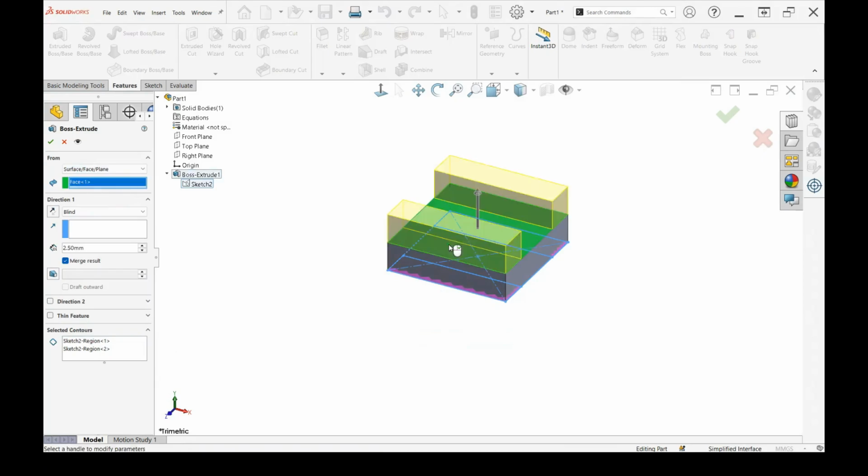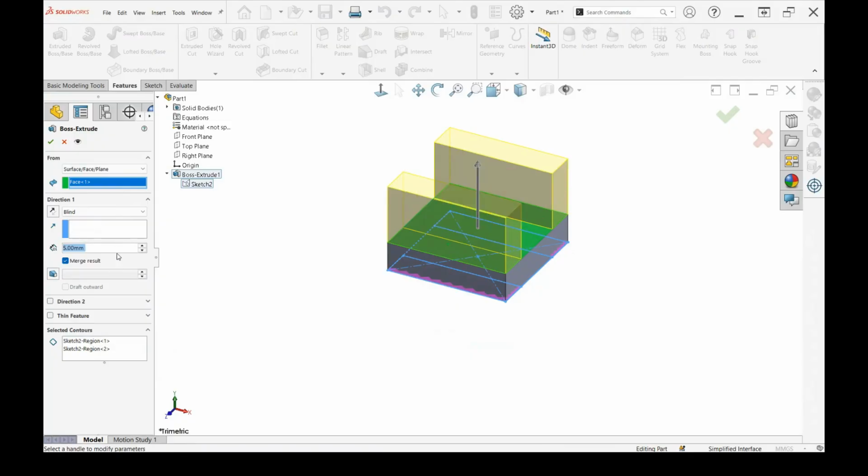Select this face, and you can see instead of coming from the sketch plane, the flat plane down at the bottom, we've now set the new plane that we're going from as this green surface, and each of these is extending up 2.5 millimeters. So we're going to set that as 5 millimeters.